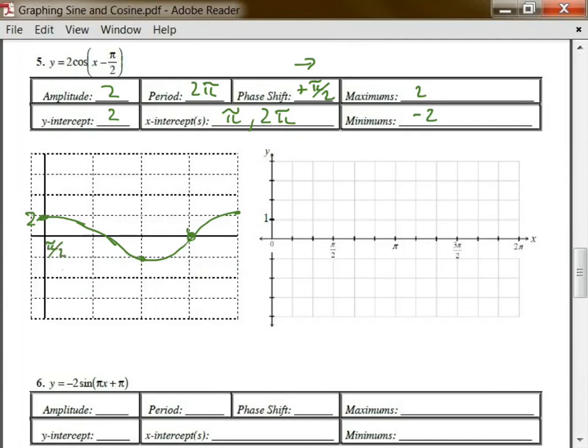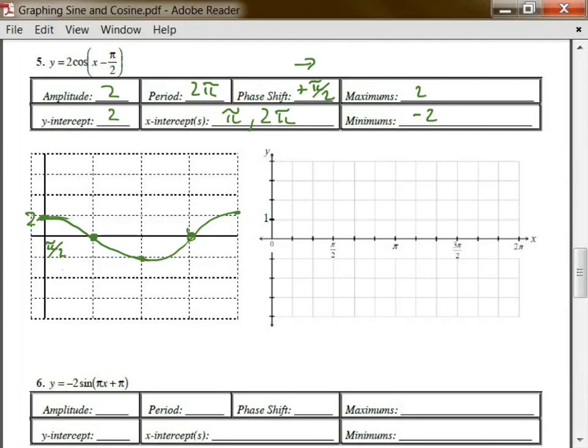And then my next question would be, okay, so what's this one going to be? You know, actually this should be going through right there. Let me fix that. Alright, that's better. Okay, what am I going to add each time to find my other x's? Something that would help is knowing the period. Now the period here is 2 pi. And because we have 1, 2, 3, 4 sections in this 2 pi,